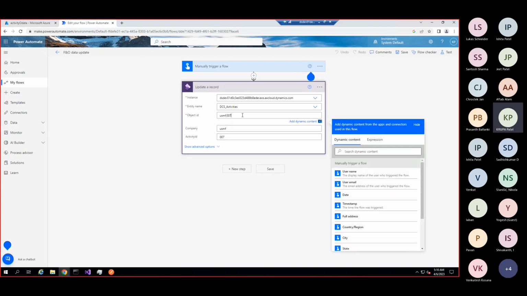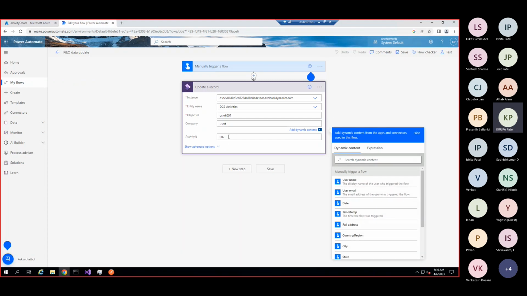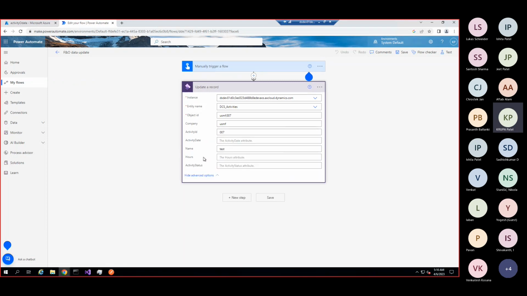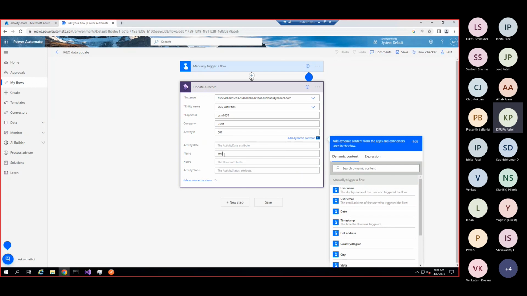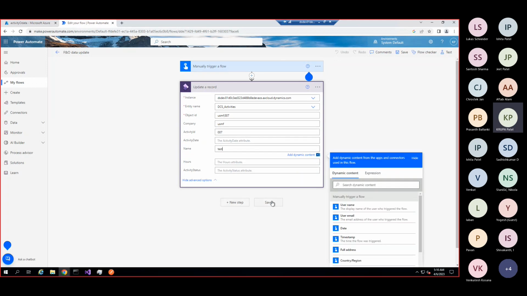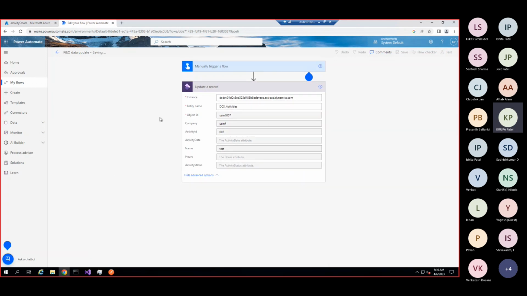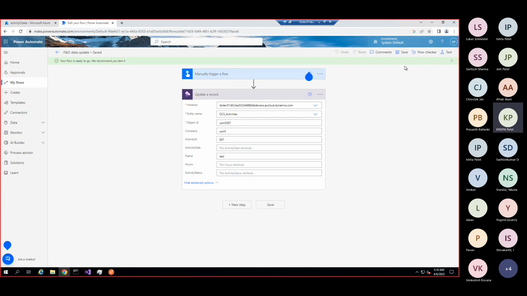My primary index is activity ID, so I'm passing the activity ID. Then we need to pass the company ID, and here you can see all the fields that are available in our table. I am updating the name of the 007 activity ID as test. Earlier that was webinar. We'll see after running the flow.